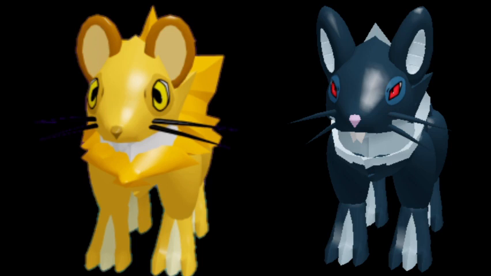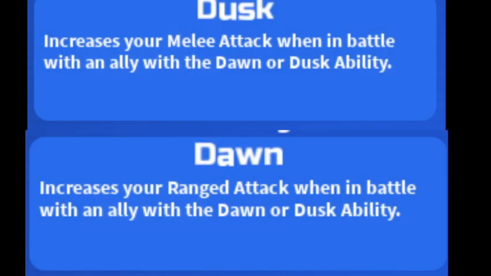The light type, Luxor being in type, changes typeless moves into light moves and buffs the damage, and for Umbret it just changes typeless moves to dark moves and buffs the damage. And there's a last ability that they both have, which is Dusk and Dawn. So for Dusk and Dawn,